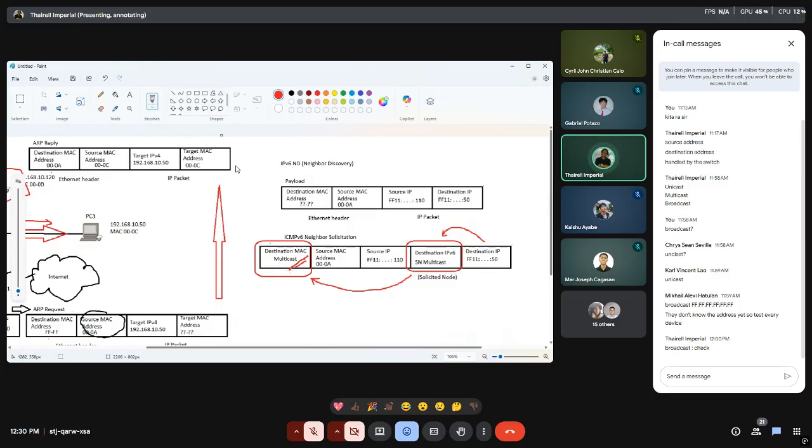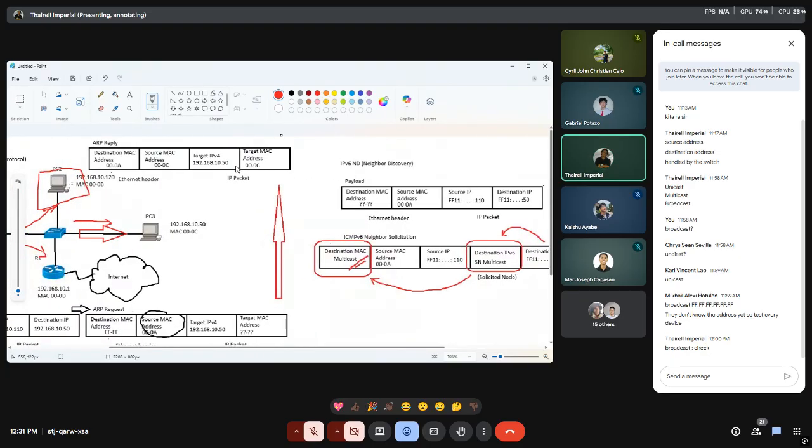And the moment that the destination MAC multicast has been inspected, it checks on your device, let's say PC number 2, containing their information, basically receiving that packet. It compares that information with PC number 2's IP address. And if they are not the same, instead of de-encapsulating the entire content of that packet, the packet will be discarded right then and there.